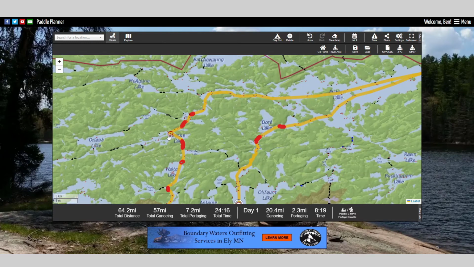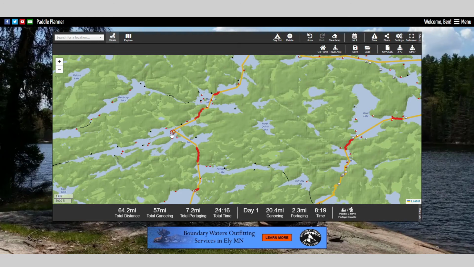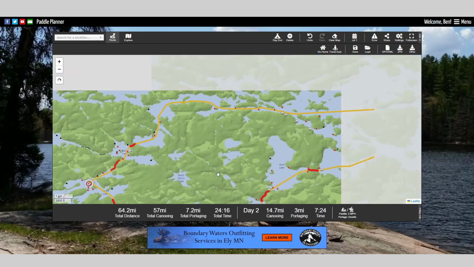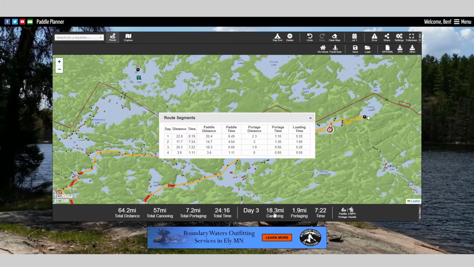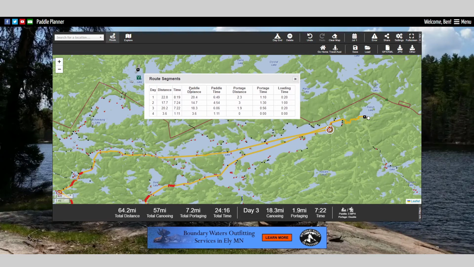whichever day it's in. So let's say if I left click again on the second day campsite, notice that it says day 2, and that's my day 2 times. And I can go over here to day 3 and click on that and get the day 3 times. If I click on this bar down here, I can get a breakdown of the entire route broken down by